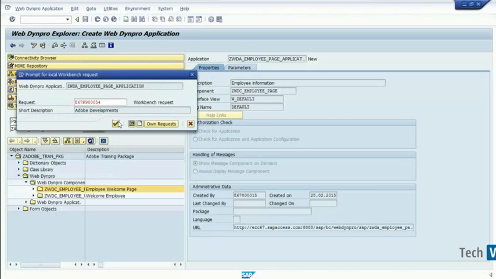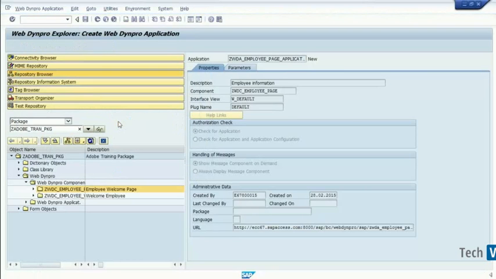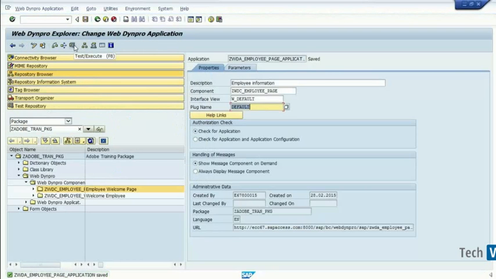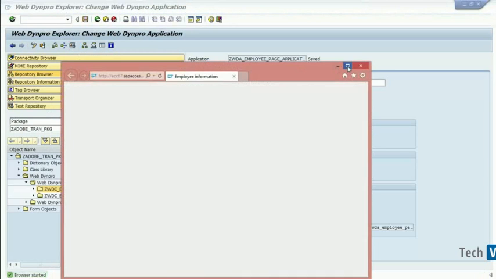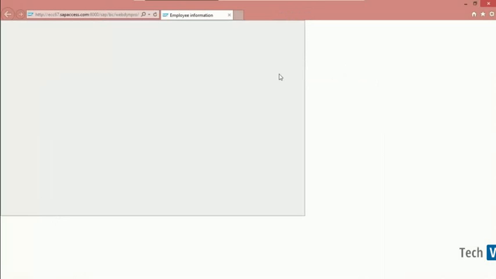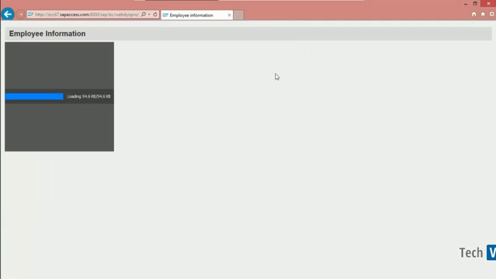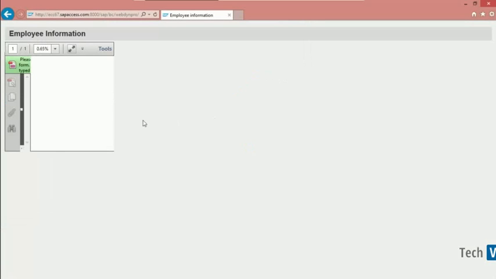Let's save this and execute this application. Once I execute this application, I should be able to see the form in the webdynpro application. So as expected, the application displays the form. Now it is in the process of retrieving the data, and now you can see that my Adobe form has been displayed. Now there might be a question: what is the size and how do I increment the size? So to do this,